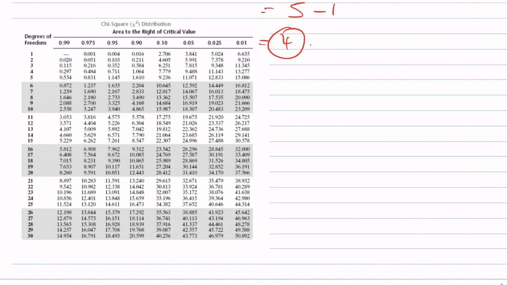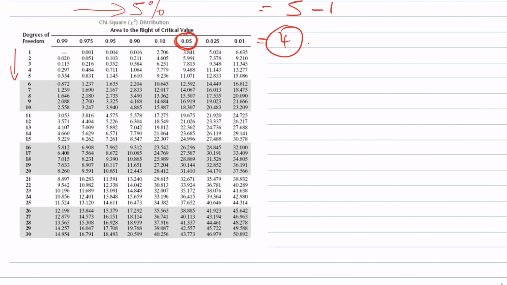As we go across, we're looking at a 5% chance of error, or a 95% confidence level. So that's the 5% right there going across, and down we want our degrees of freedom, which is 4 right here. So the critical value that we're looking for is